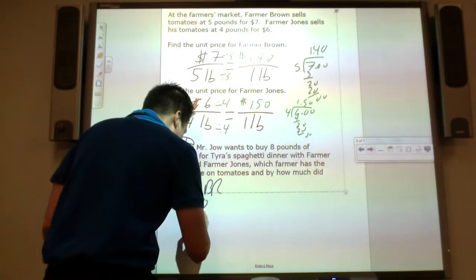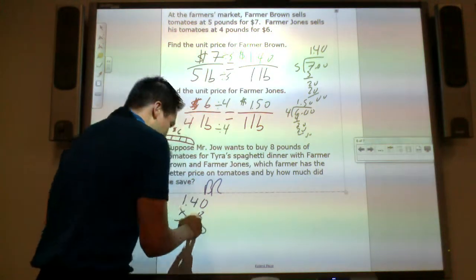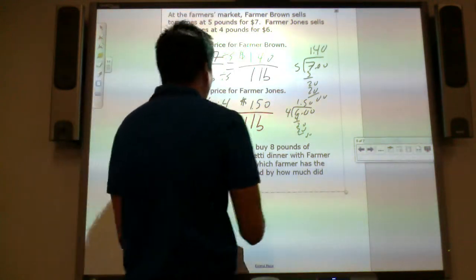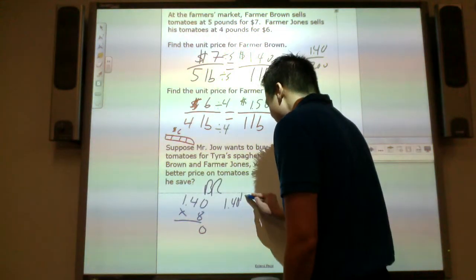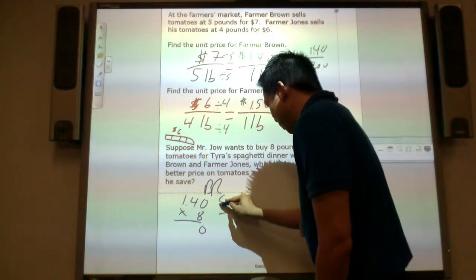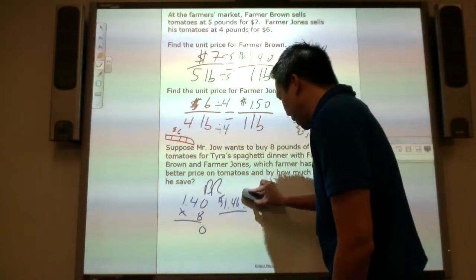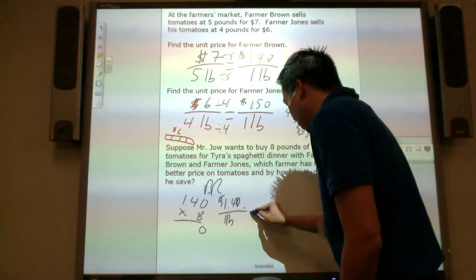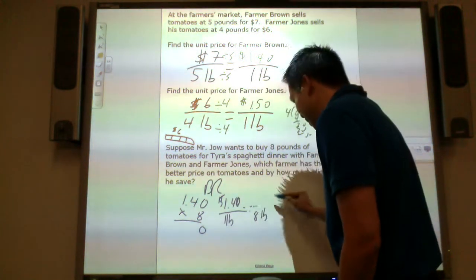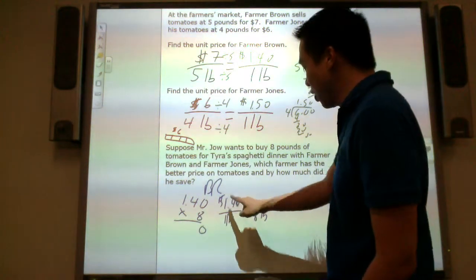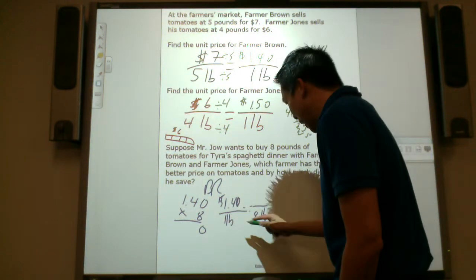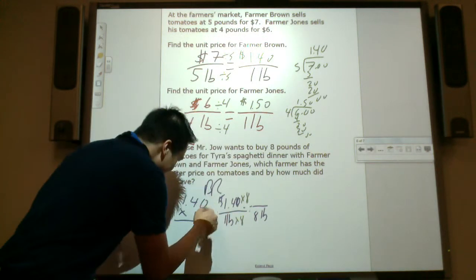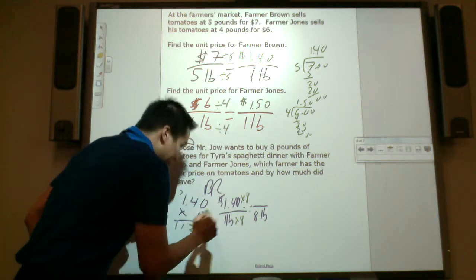And if I buy 8 pounds of it, I want to buy 8 pounds. So I know each pound costs $1.40. 1 pound to 8 pounds, I need to multiply by 8. So $1.40 times 8, 32 carry 3, that'd be